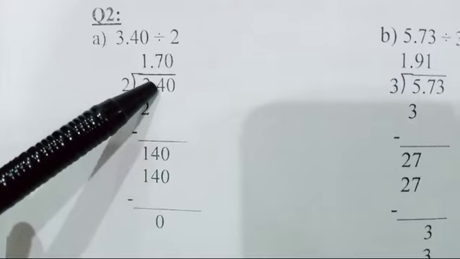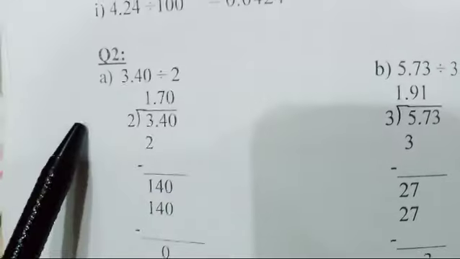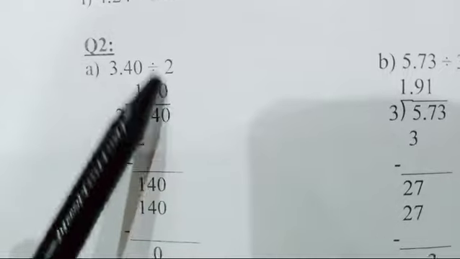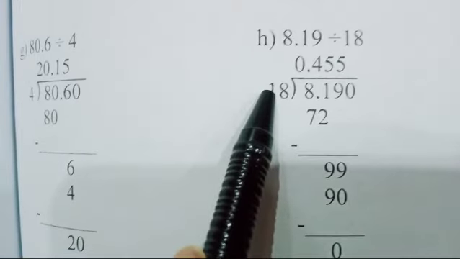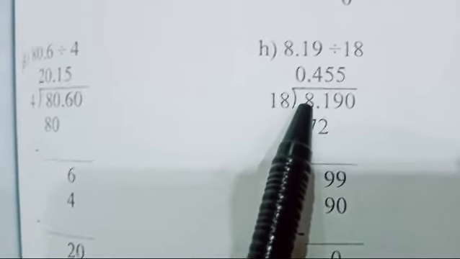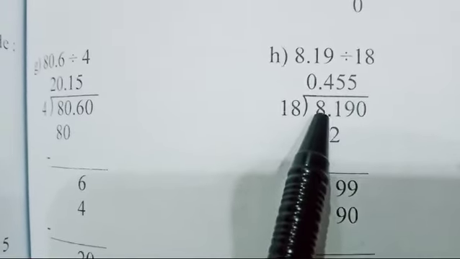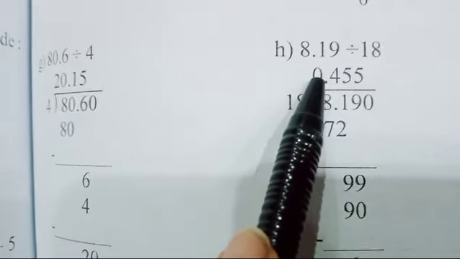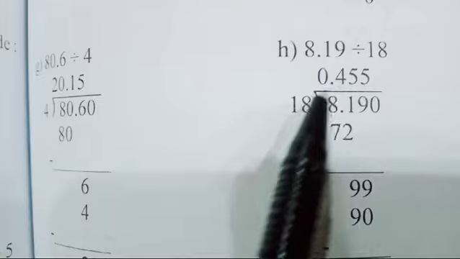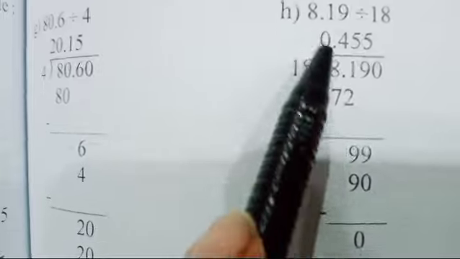Now take the next digit 4, this is 14, 2 sevens are 14 and this 0, right? Now this is 18 and this is 8.1, so 8 is not divisible by 18, so we have to take these 2 digits. We will take the decimal point upward in the quotient at the very start. Now the decimal is moved in the quotient, it becomes 81. Now solve, 18 fours are 72, and then subtract it and solve the question.